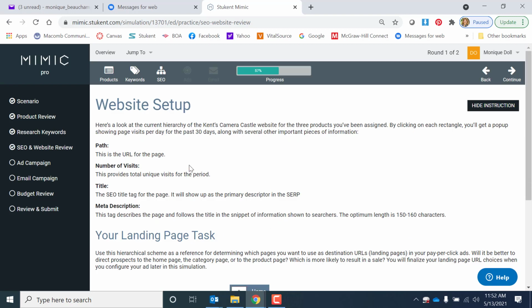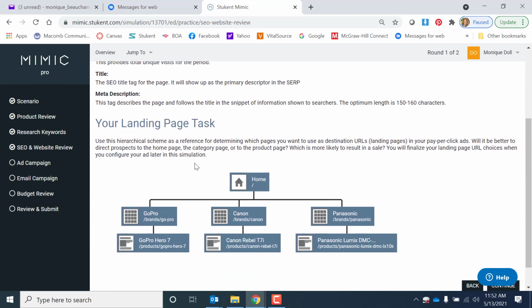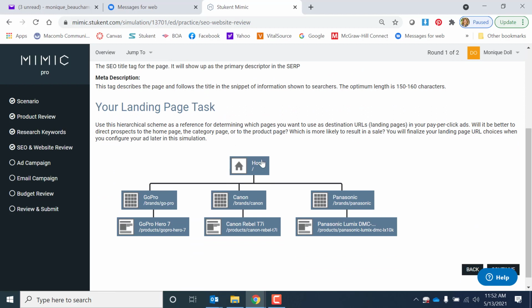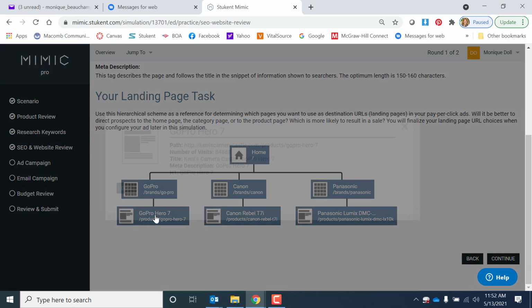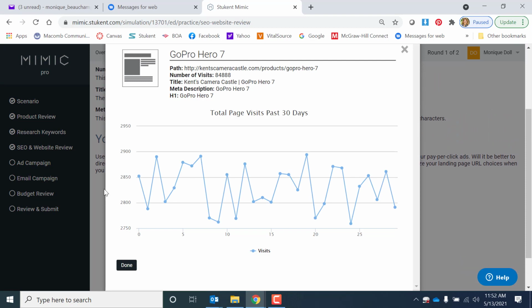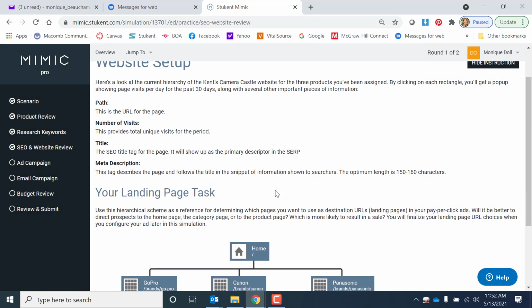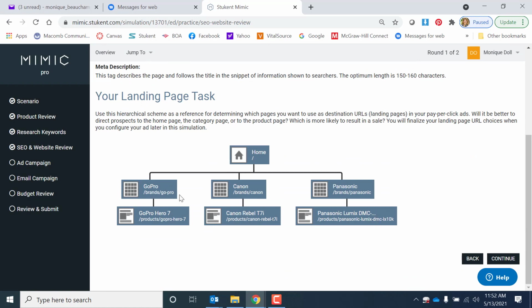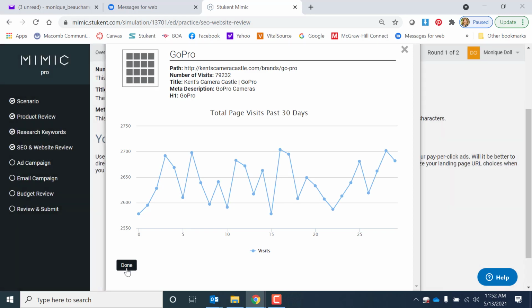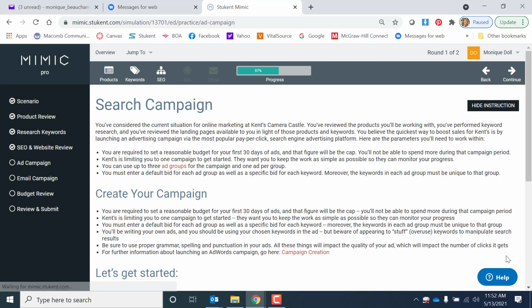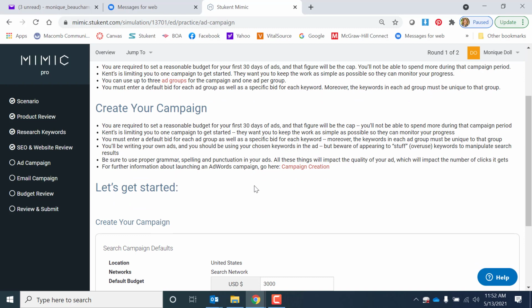this is talking about your website setup. So it's asking you for your landing page, right? So here's your Kent's Camera Castle homepage, and then each of the 3 brand pages, and then the specific products. So I picked mainly words for GoPro, so I'm thinking I'm going to direct them right to the GoPro page. You can do a little bit of research and look at that information, right? So you can look at, if you just go to the actual brand page, what are the number of visits, that sort of thing. So then once you do that, you continue, and now you're going to put your campaign